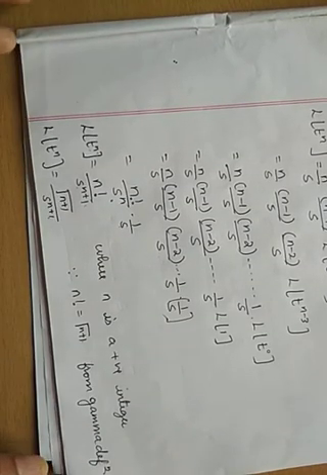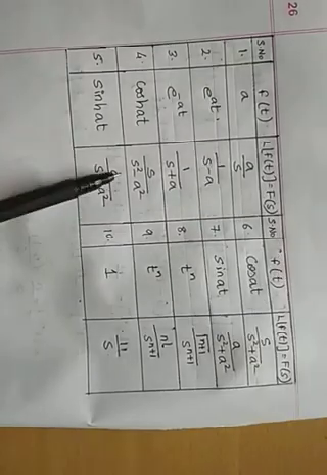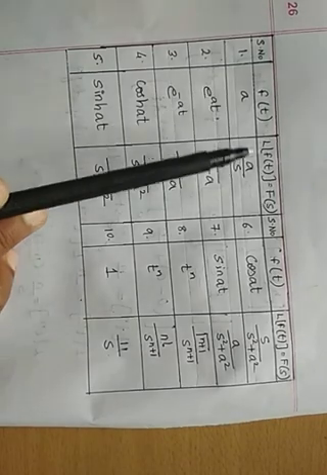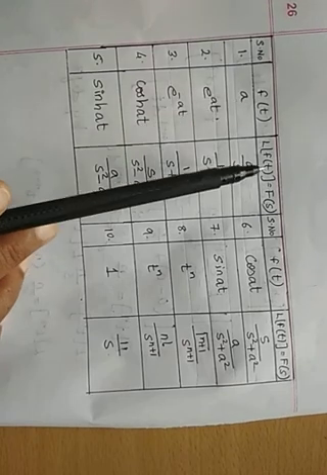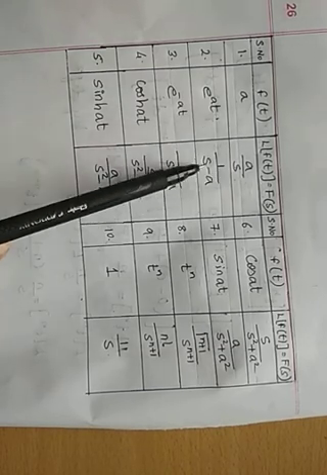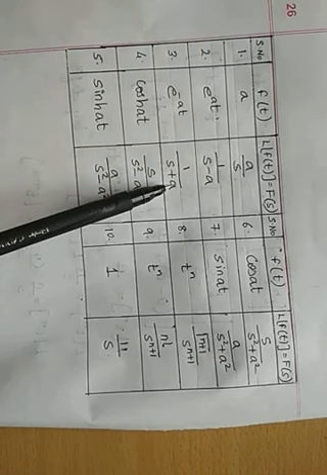So, these are the standard results of elementary functions which are going to help us with the problems. If you know this table, it is sufficient for this chapter. So, I have drawn a table, you go through it and memorize all these formulae. Laplace transform of a is a by s. Laplace transform of k is k by s. Laplace transform of 2 is 2 by s. Laplace transform of 3 is 3 by s, and so on. Laplace transform of e raised to at is 1 upon s minus a. Laplace transform of e raised to minus at is 1 upon s plus a.